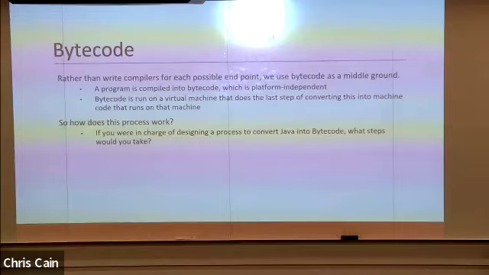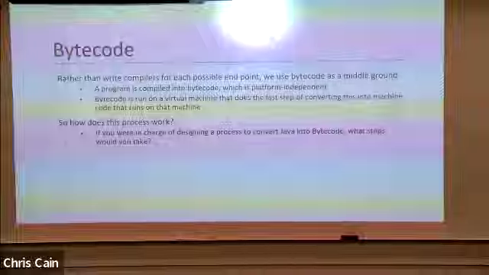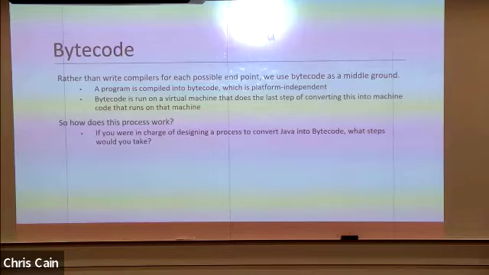So let's start with this brainstorm. You're in charge of designing that process. You need to take as input a Java program, and you need to produce as output this intermediate bytecode that is as close as possible to machine instructions, that makes the work of that virtual machine as easy as possible. What general steps would you take? Don't think about writing the whole algorithm. But if you had to use some English words to describe the aspects of that process, what would you imagine that process entails?